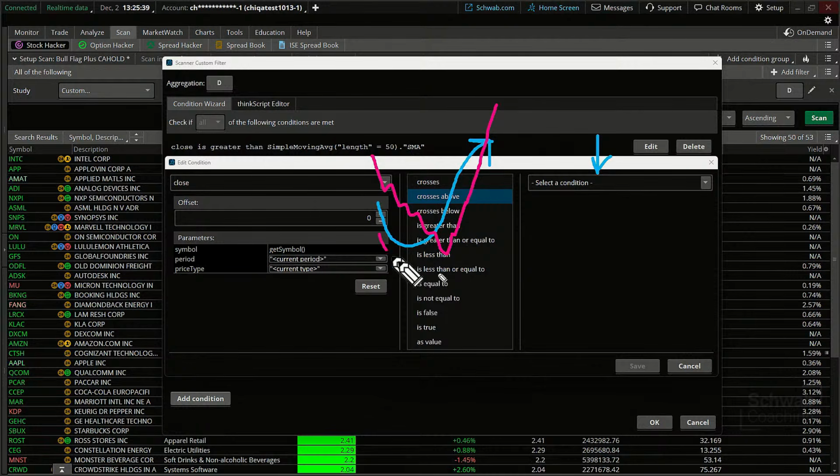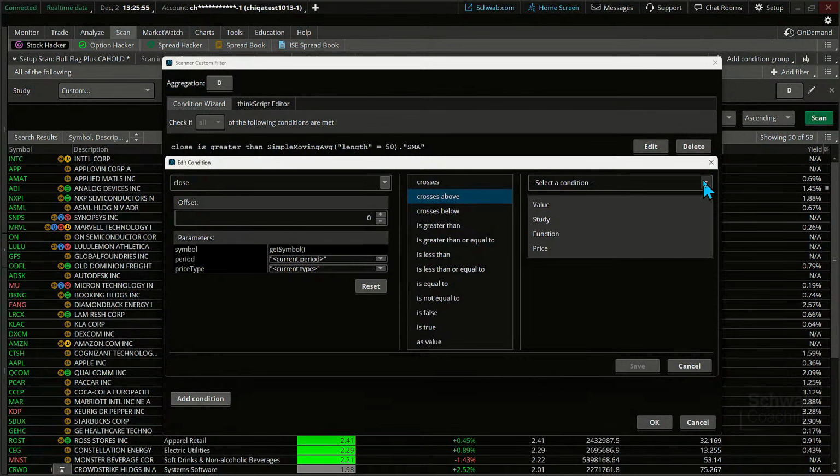In other words, there's a reversal that has occurred here. You can do greater than as well. And we can have a third condition saying not only is it greater than, it crossed above. There could be multiple conditions. But for now, let's just do crosses above.